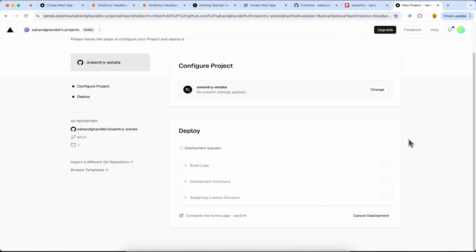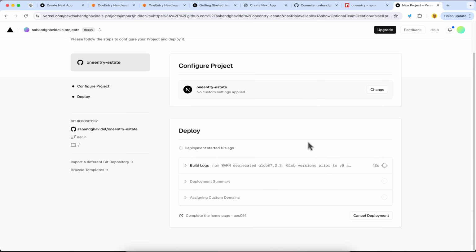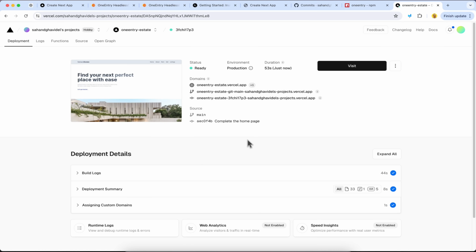So this is going to take a while. If there is no problem, we're gonna deploy it successfully. Otherwise, you can see the logs here and see the problem of your code. You can fix it accordingly. All right, the deployment has been finished. As you can see, it took 44 seconds. Now we have our website in